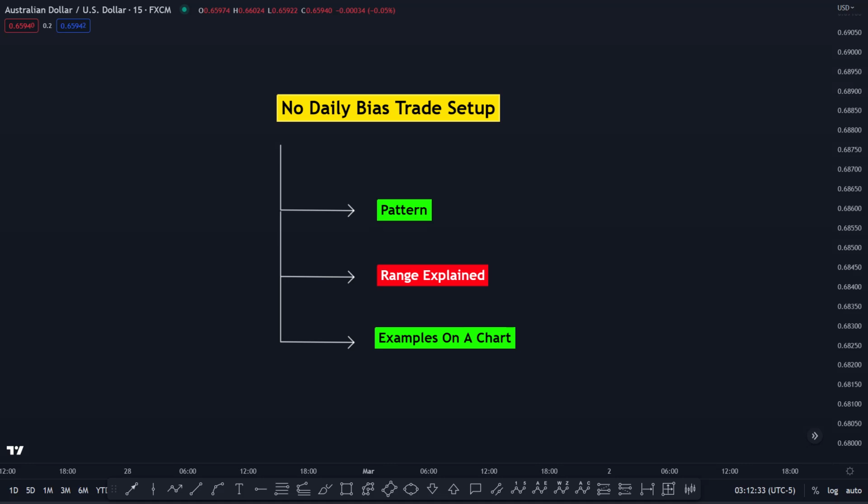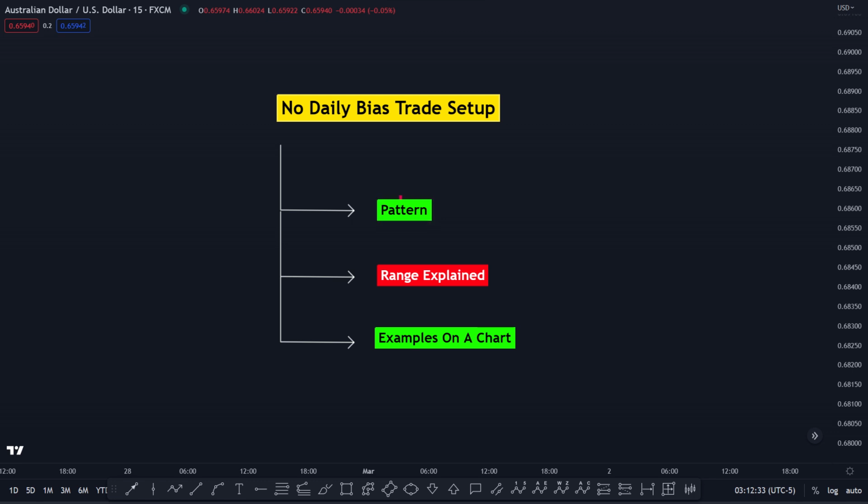Without wasting any of your precious and lovely time, let's get straight to what you are going to learn today. In this video I want to show you the only trading pattern that you can use without having any daily bias. You will just go straight to any time frame and start making entries. This trading pattern will be beneficial if you are scalping or having few days to pass your prop firm trading account. So, traders, I will show you the trading pattern that you need, with all the rules including the entry